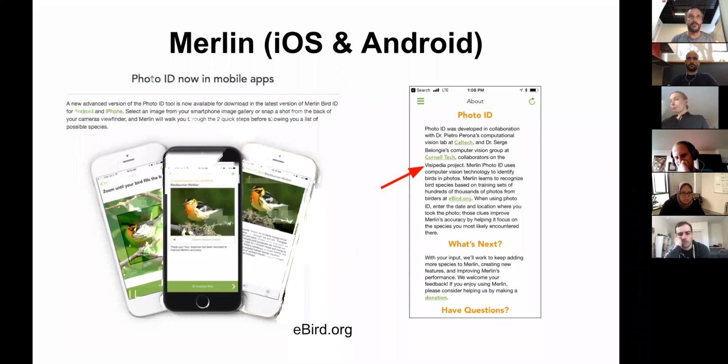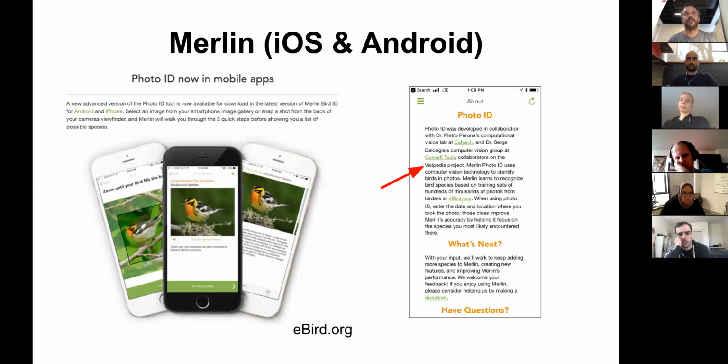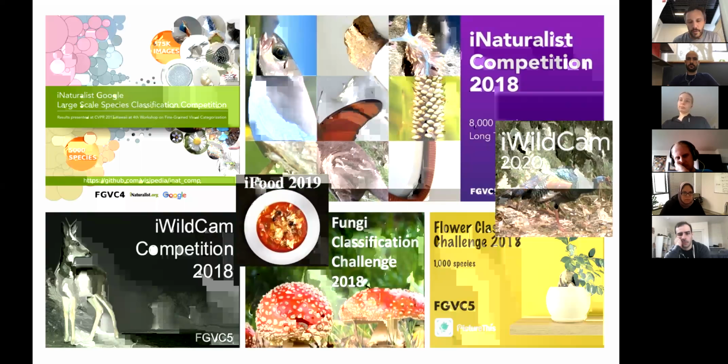It caters to an audience that wants on-device recognition. This is using TensorFlow Lite, and it's based on bird packs. So you may go on a trip where you're not going to have cellular data or Wi-Fi. You go to a region, you download a pack, it might be 100 megabytes or so for, say, Scandinavia, and you just have it on your phone, and you can recognize right there on the device. And as we'll see later, there are other use cases where it's preferable to have the recognition happen in the cloud.